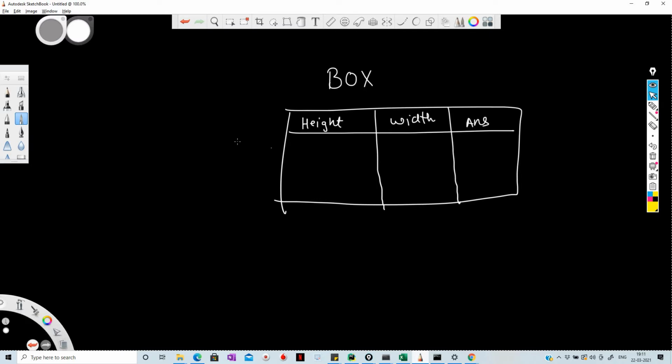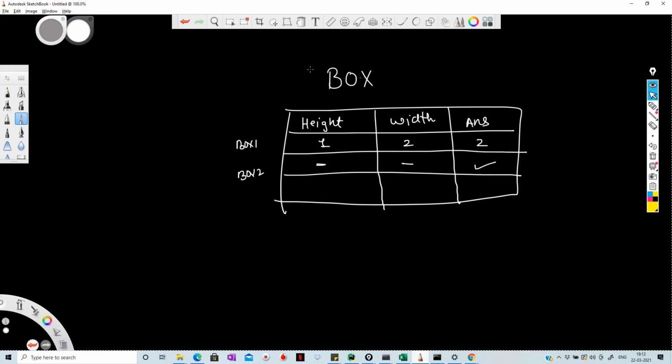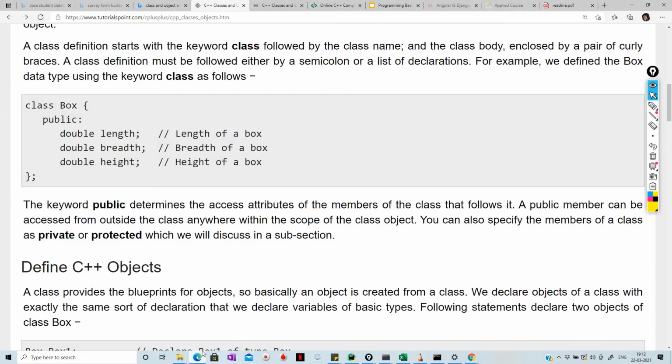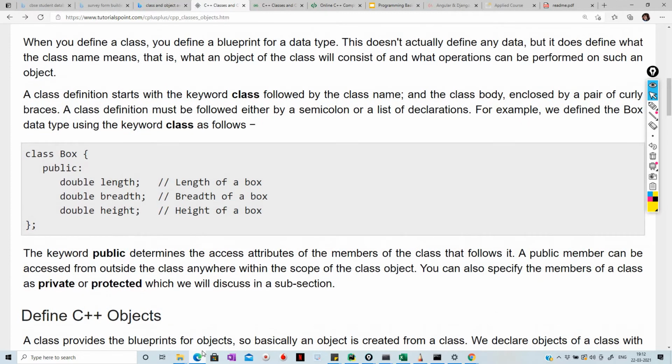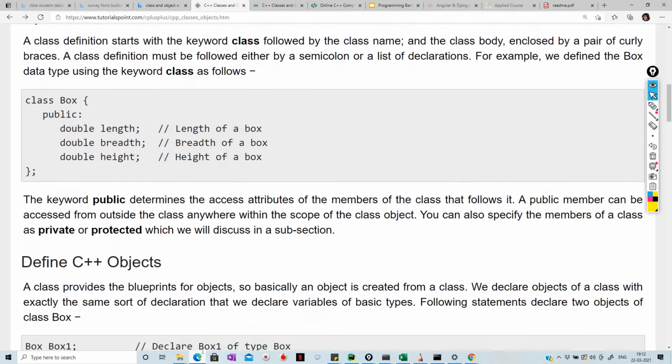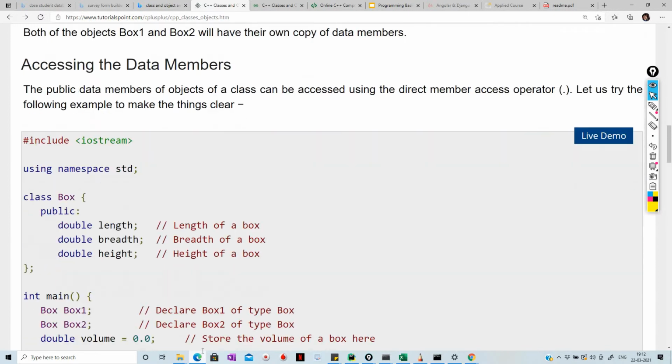Suppose this is box 1. If you know box 1 की height, just put the height and you will get the answer. If you have box 2, just give the height, and it will give the answer. So this is going to be your class, and this class can create lots of objects. जितने box लाओ, just give me the height and width, and I can calculate the area of that box basically. Same thing we have in this block.